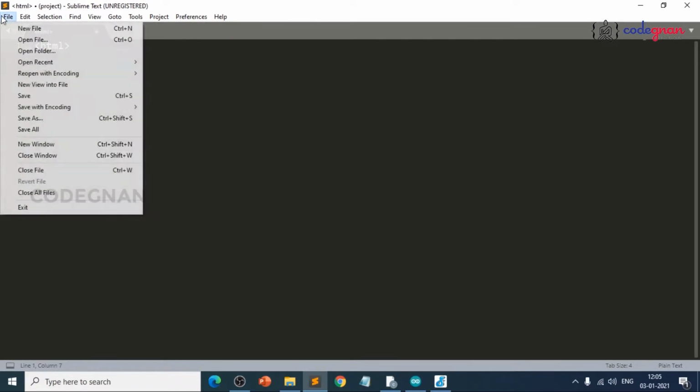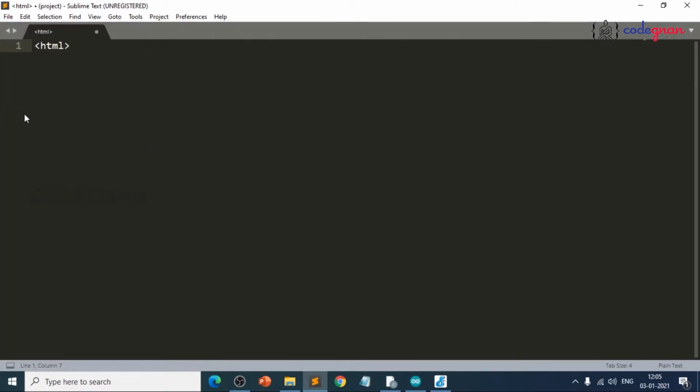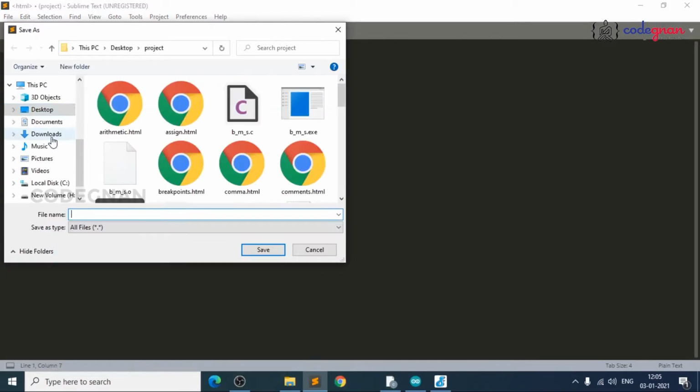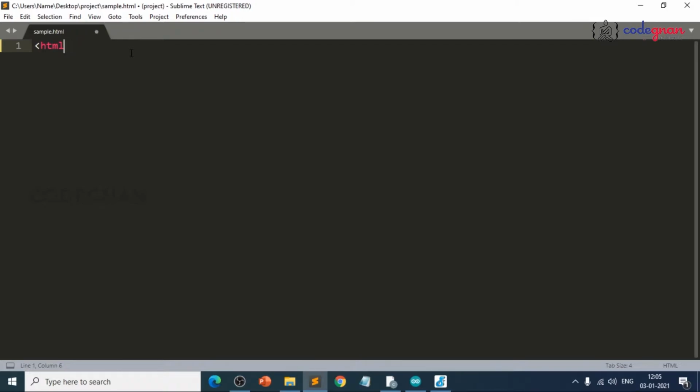So if you save this file, save as sample.html, it automatically changes. See, if I write HTML, automatically the document format will come here. So that's the reason I have taken this. So I am removing this one. Title I don't need here. So in between head and body, I'm going to write the code here.